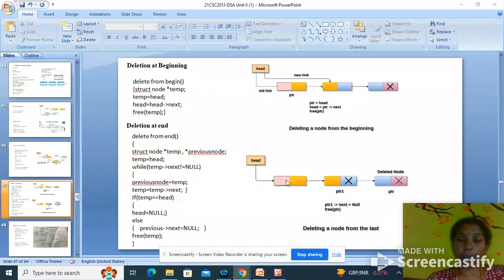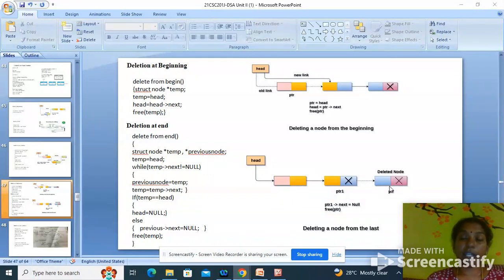Once you identify the position of a temp node, and it is not a null node, you have to name that node as the previous node. Then you move the pointer to this one. This is also not a null node, so you move the temp pointer to here. Again, this node will be called the previous node. Name this node: previous node equal to temp. So now this is the previous node and this is the temp node, and now we are going to